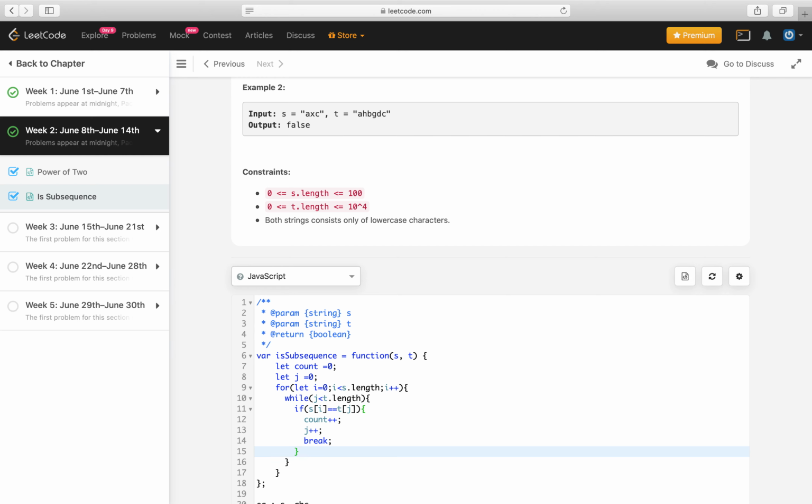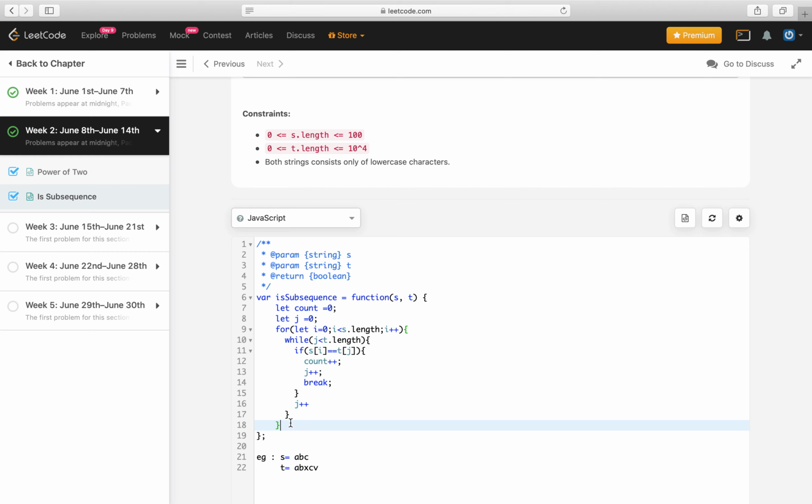Else, if it is not equal, then we will simply do j plus plus, and we will remain in this loop while j is less than t.length. After the completion of this loop, we will simply return whether count is equal to s.length.